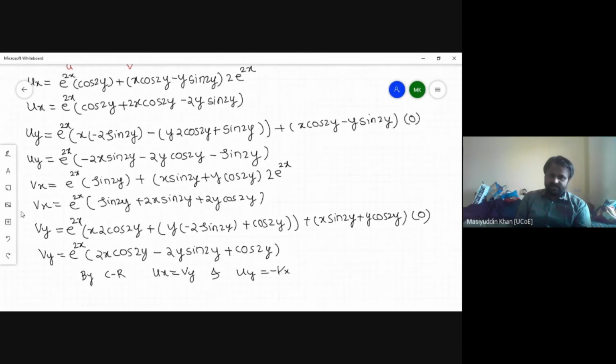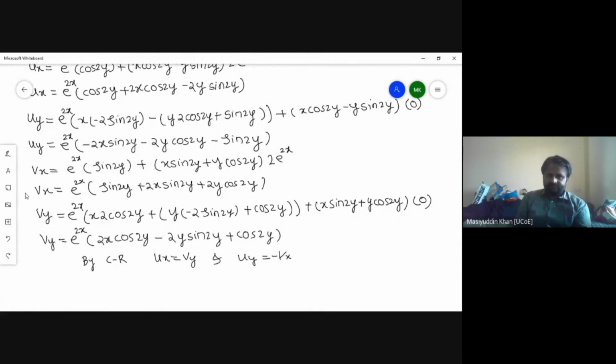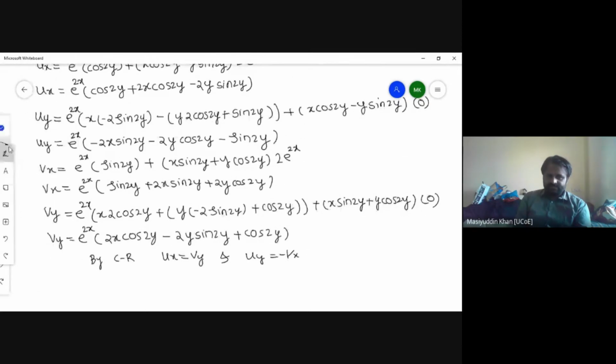Now you have to check. See the u_x and u_y, u_x is equal to v_y, or you can give this equation number 1, equation number 2, equation number 3,